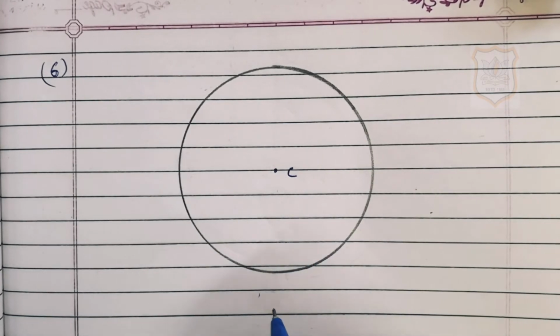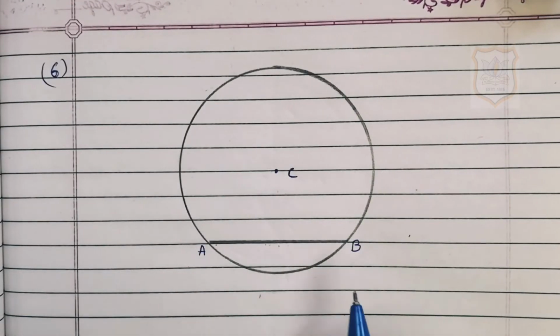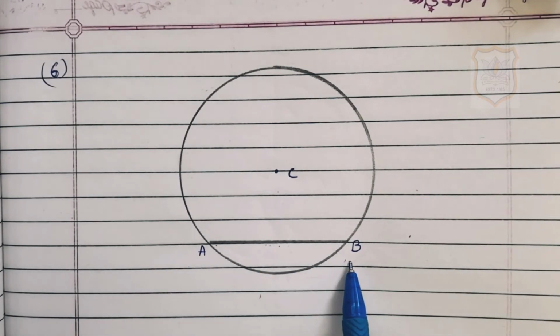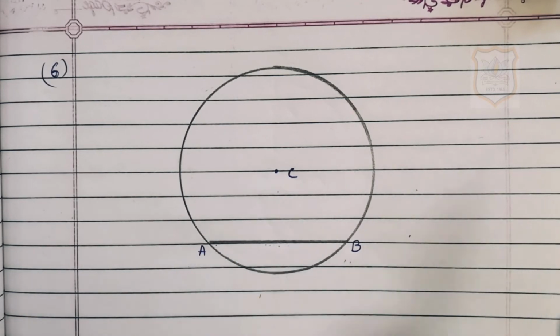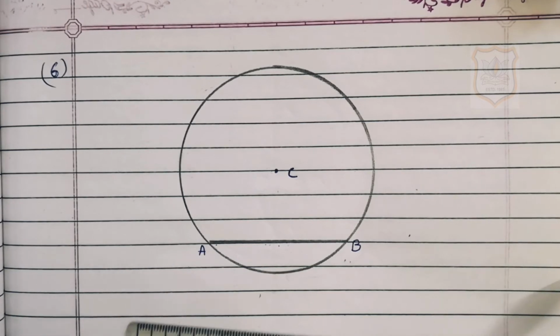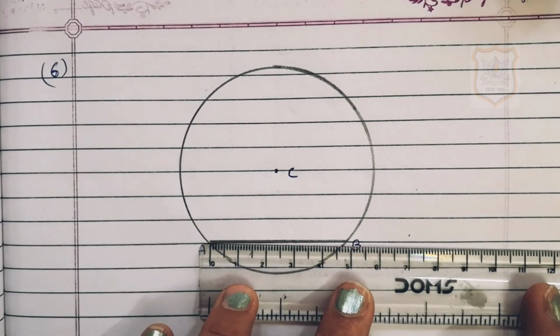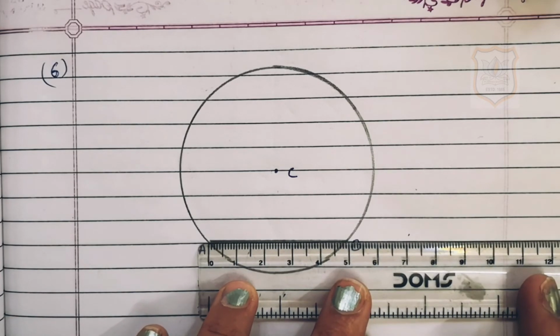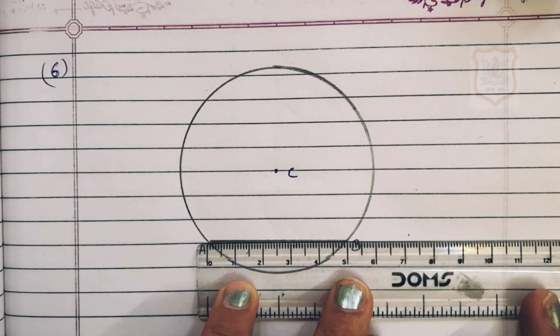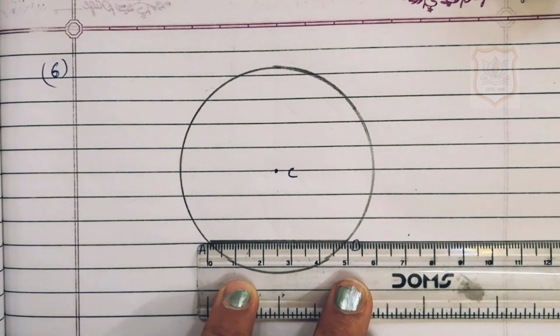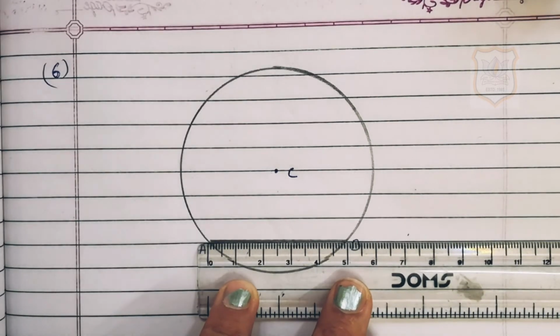Now step 2 is we have to draw a chord of a circle. So students, in this way we will draw a chord of the circle and we will name it as AB. Step 3 is with the center A and radius more than half of length AB. Now here first we have to find out the length of AB. Now the length of AB is 5 centimeter. We have to take radius more than half of length AB. Now here the length of AB is 5 centimeter. We will take more than 2.5 centimeter.